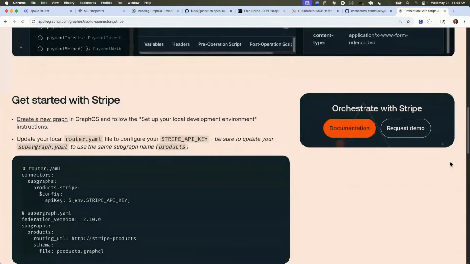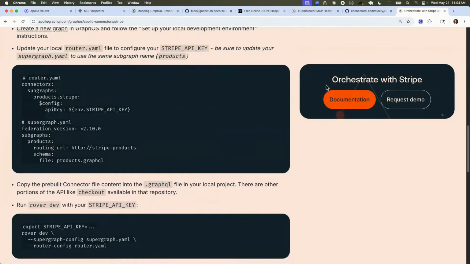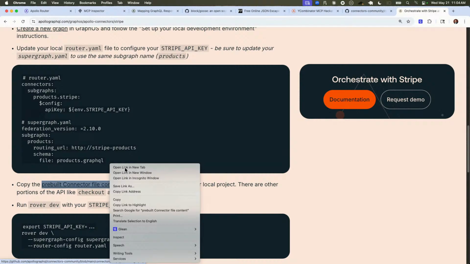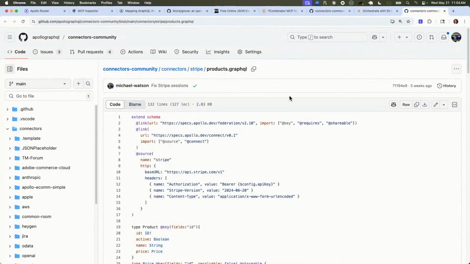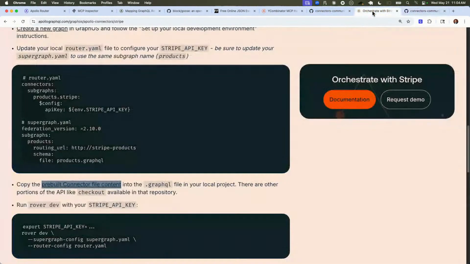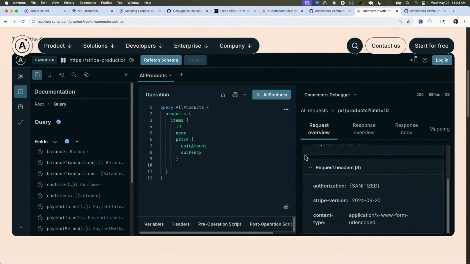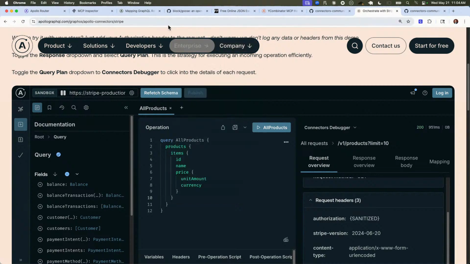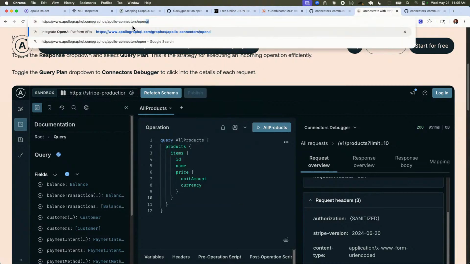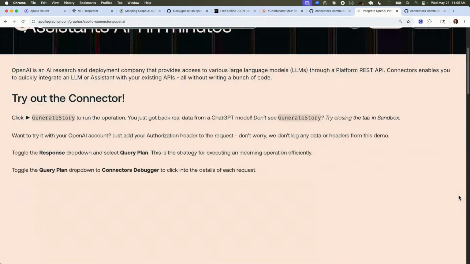And then there's a little getting started explanation of what to do. It actually just links to that connectors community right now. We're going to build out some more documentation and stuff inside of there. But each one of these pages kind of gives this little experience. Some of them also have some things. So if I looked at like the OpenAI one,